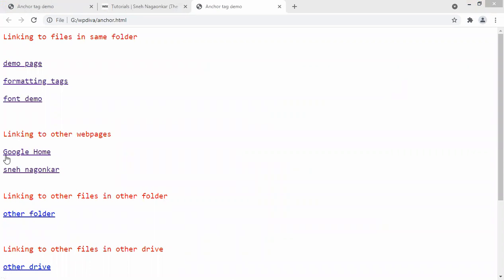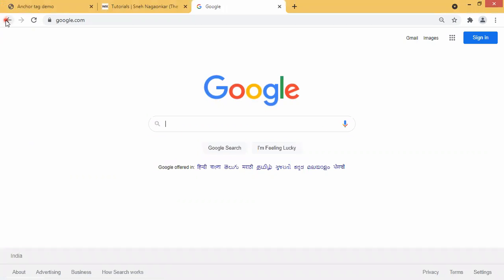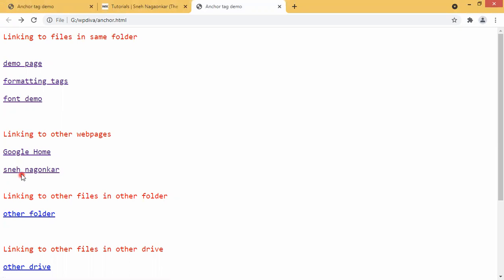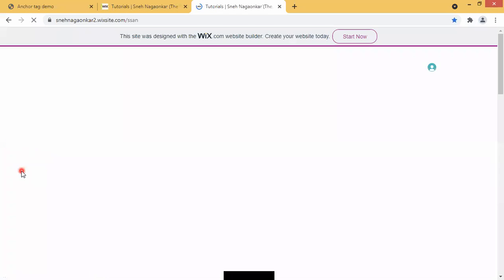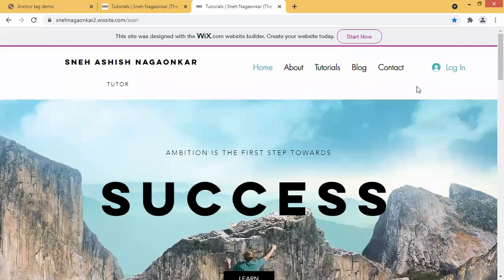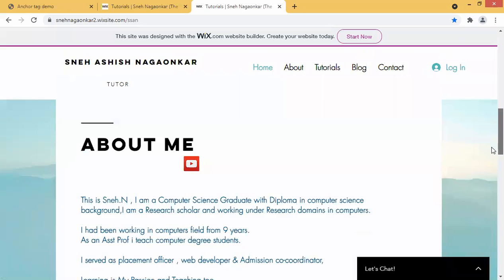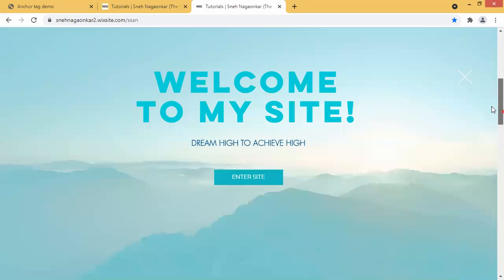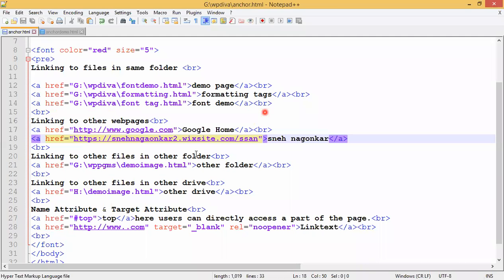So how to link? First, when I click on Google, the Google page is opened here. Similarly, when I click on the name of your teacher, the website of your teacher will get opened. Are you getting it? Yes. So in this way, different web pages you can link there. You can just give the path of the web page, and you can click on the web page. Through your program, you can open the web pages, right? Now, what is the next thing?